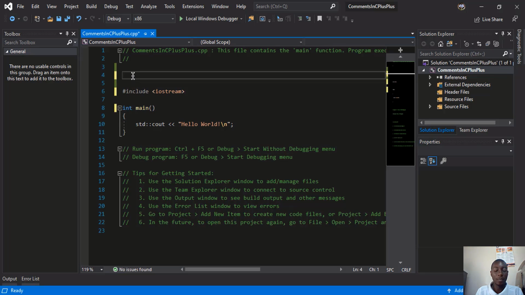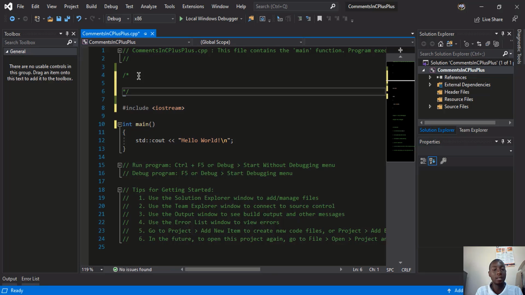The other type of comment is the block comment. To write that, you put a forward slash then a star, an asterisk, and the compiler will generate the closing one for us. So when you start, whatever you put inside is also a comment. This is